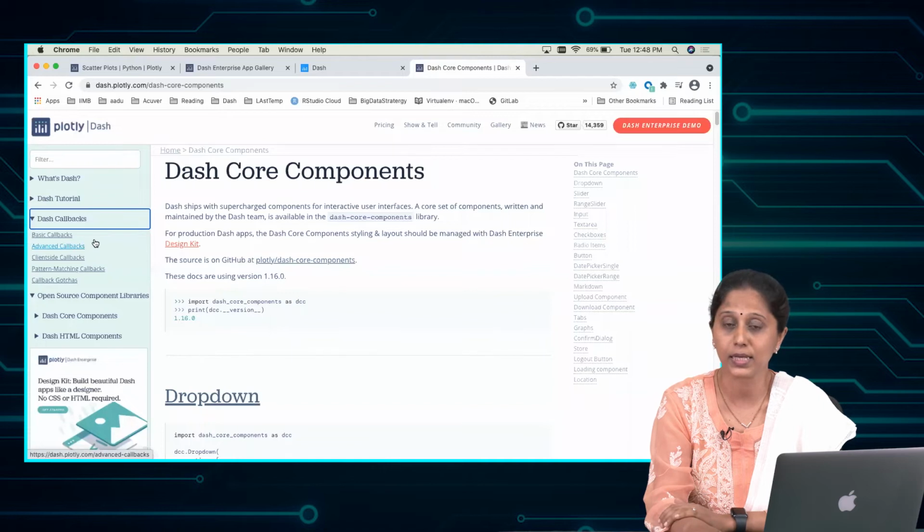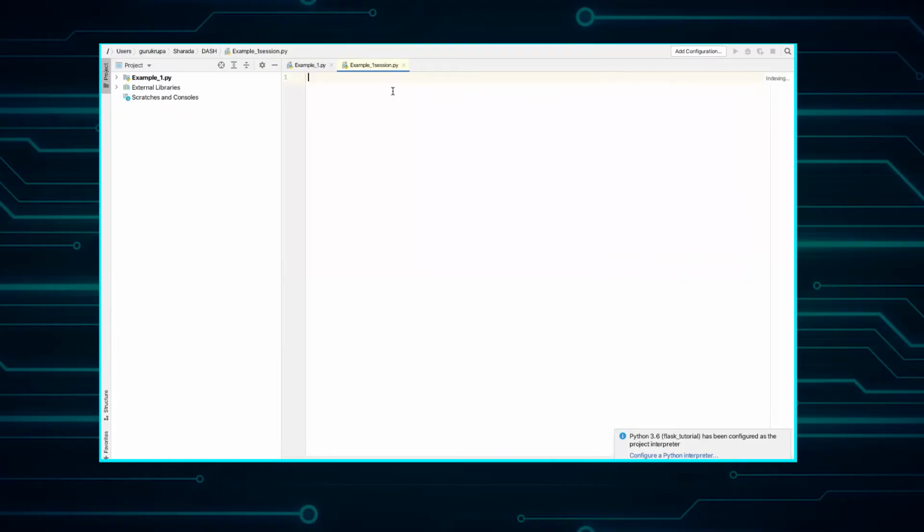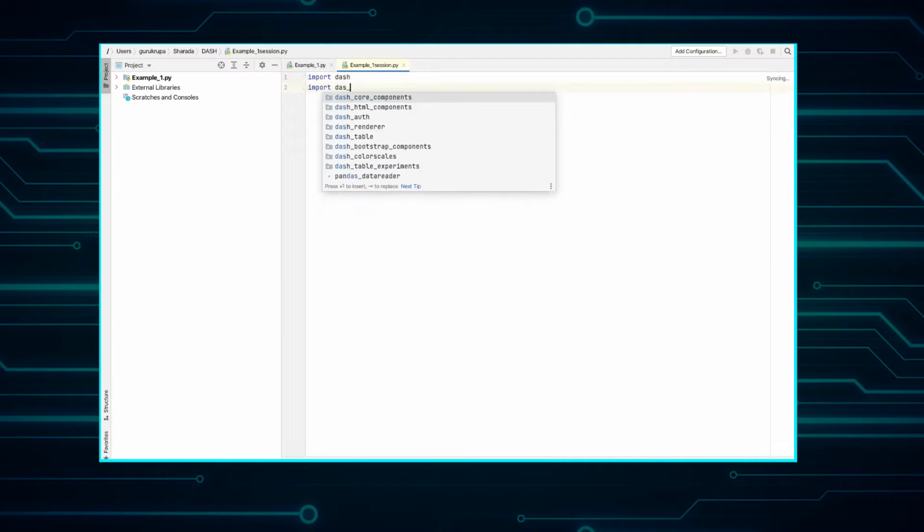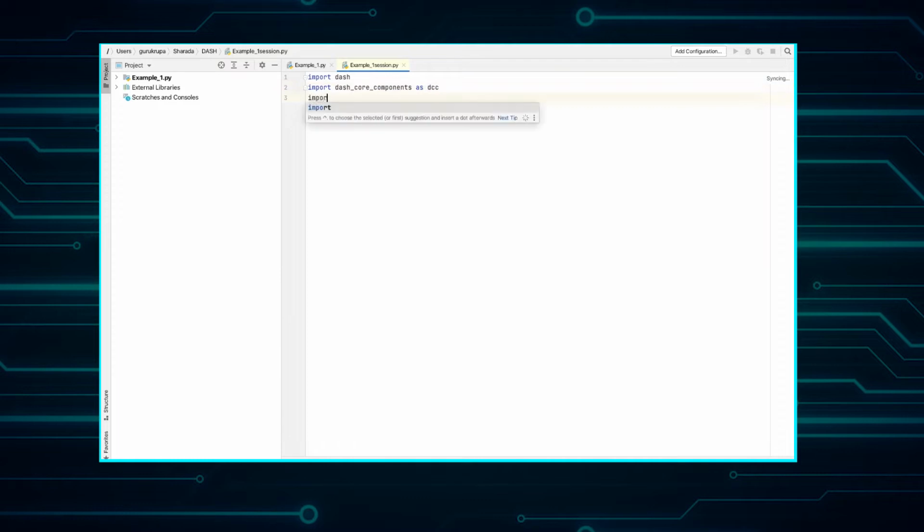You can use any text editor as I mentioned earlier, or I will be using the PyCharm IDE for my coding. Import the Dash libraries and then we can work with the data. We will import Dash. We will import Dash core libraries which will bring in the core components. We will call it as DCC. We will import Dash HTML components as HTML. These are very basic HTML components which we would need to build our app.